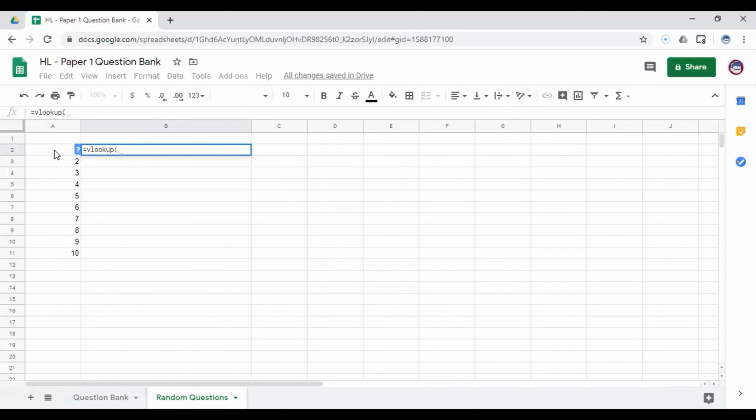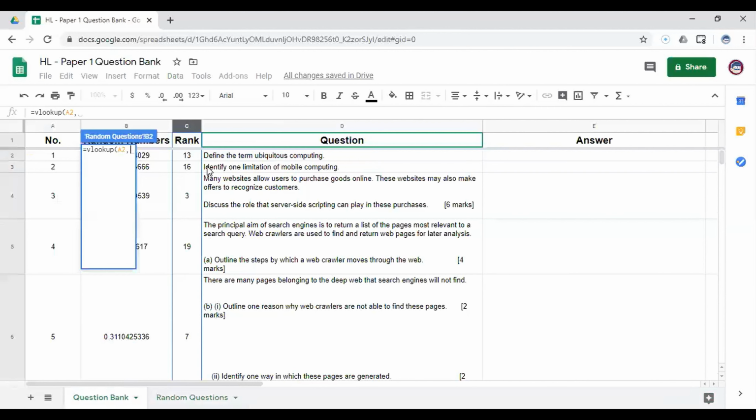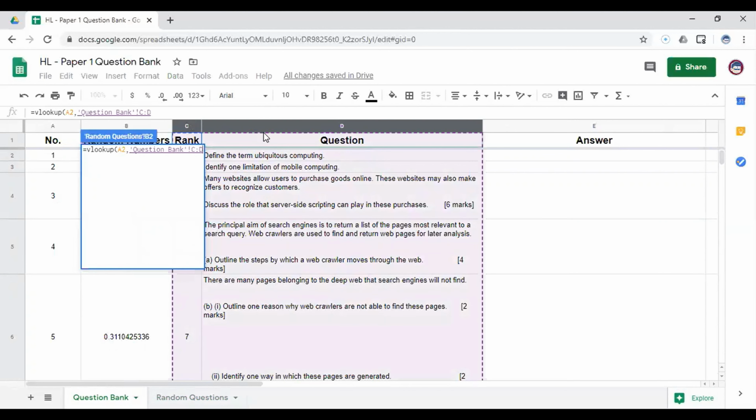Okay, so the data is value of 1, rank 1 from question bank. So C and D. And after that, after the VLOOKUP finds the value of 1, it will return to